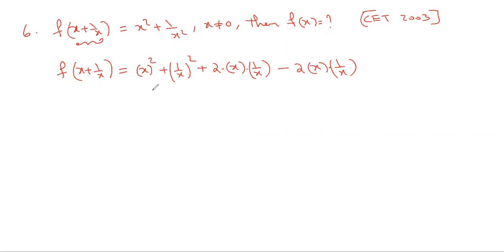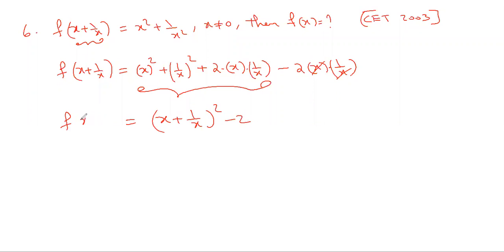Sir, why did you do like that? I want to complete the square. If I complete the square, I will get that in terms of x plus 1 by x. So I write x plus 1 by x the whole square. And here x and x cancel, here also I can cancel, but I want to fit that in the form minus 2.